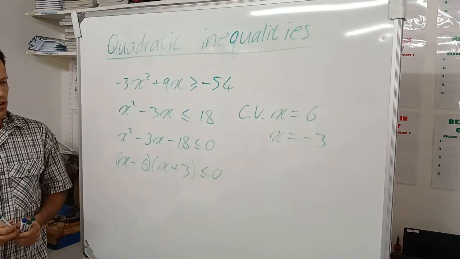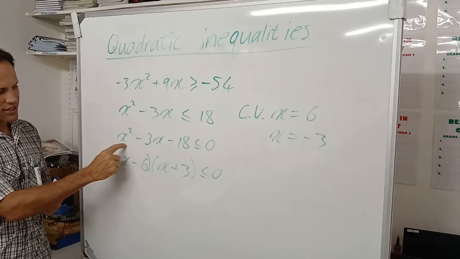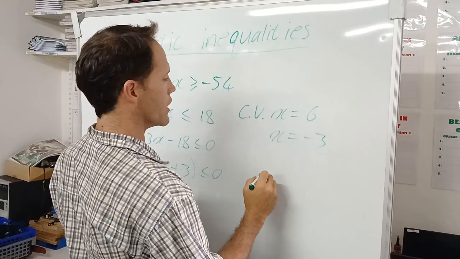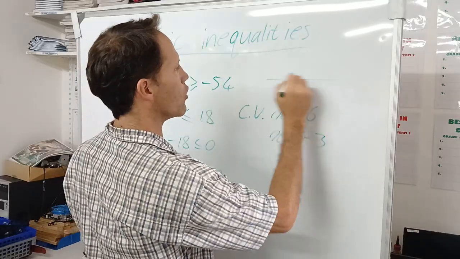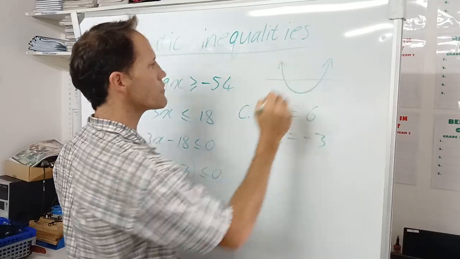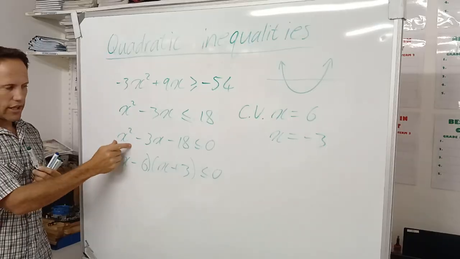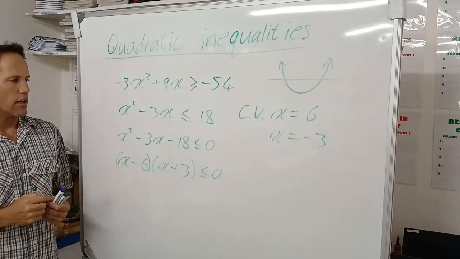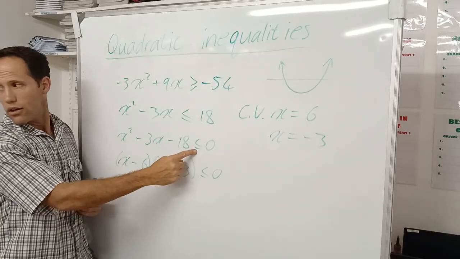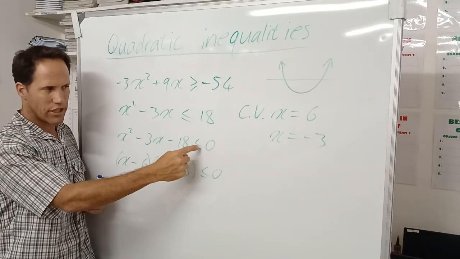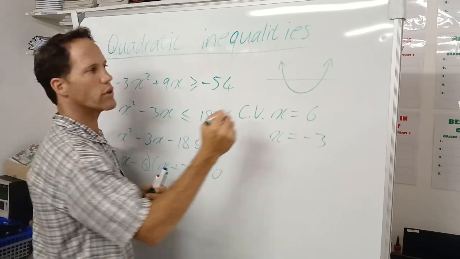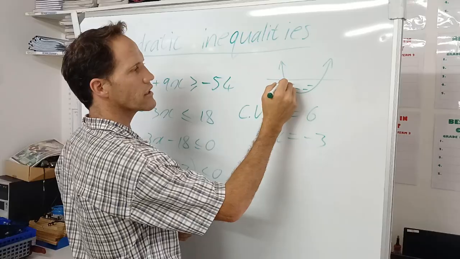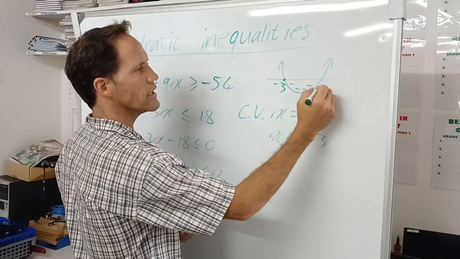And what you can do is you can always make a rough sketch. Because you know it's positive x squared, you know it makes a smiley. So you can just make a rough sketch if you want to. And say, okay, well, my rough sketch will always look like this. If it's positive x squared, I know my graph will always make a smiley face. Okay? And now the question is, where is it smaller or equal to 0? Which obviously means where's the graph negative, which is always going to then be this part here. And then we got our critical values, negative 3 and 6.